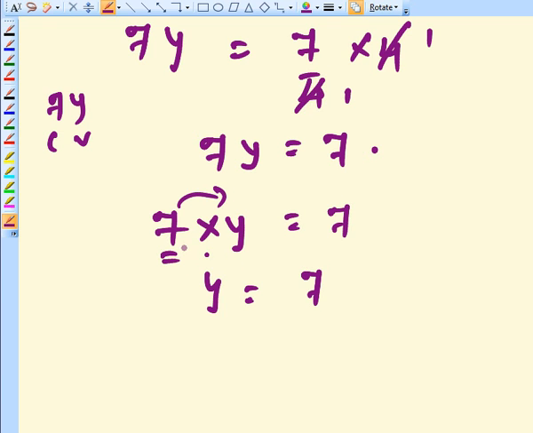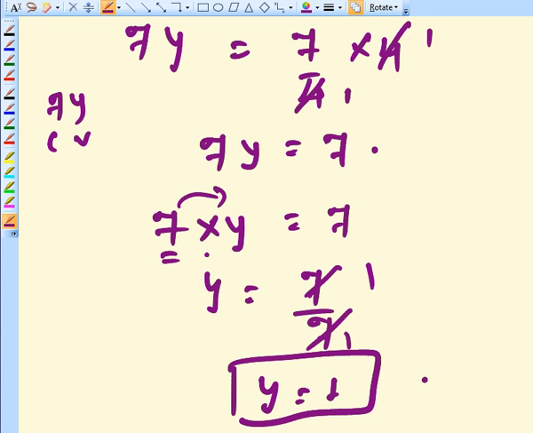So here we are having relation of multiplication. On transposing this value to the right hand side, we have to write this value in the denominator. So 7 by 7, 7 1 ja, 7 1 ja. Finally y equals 1, which is your required answer. Then question number 7 is the same. I am solving here question number 8.